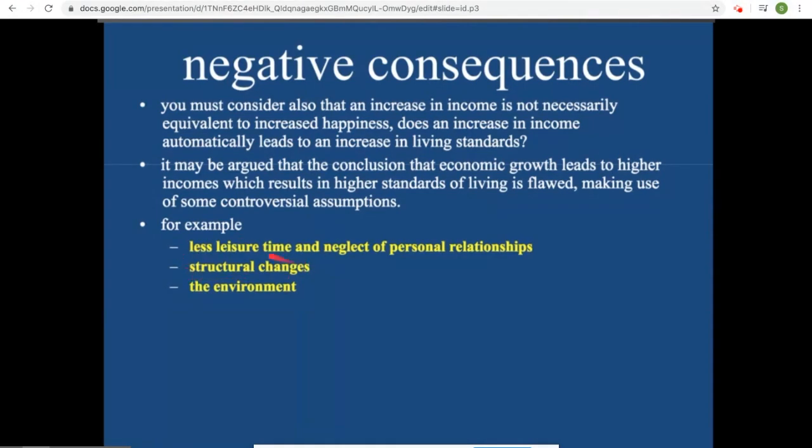Another negative consequence is it leads to a lot of structural changes. Now, we've discussed this multiple times in the classroom that economic growth is always bringing about with it structural changes. So a change from a primary sector economy to a secondary sector to then a tertiary sector economy. Those are structural changes, and it does bring with it unemployment for the workers who get redundant, who lose their jobs. Now, those laid off workers have to get trained, they have to get educated, they have to